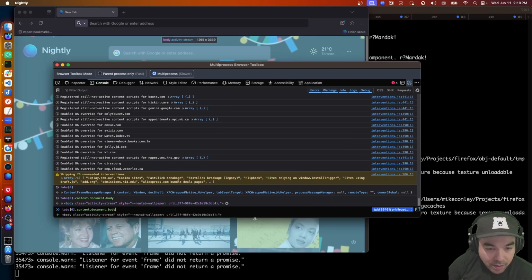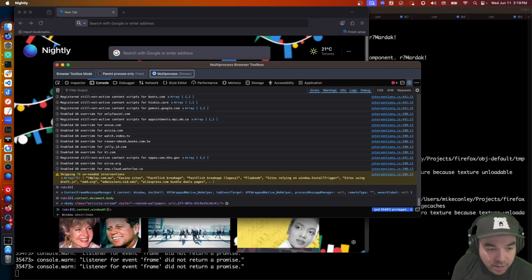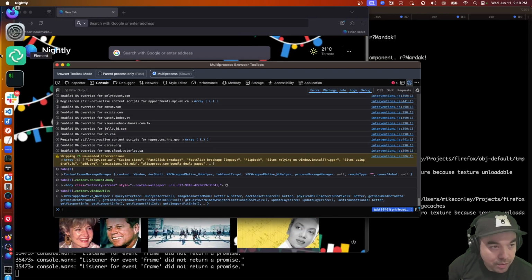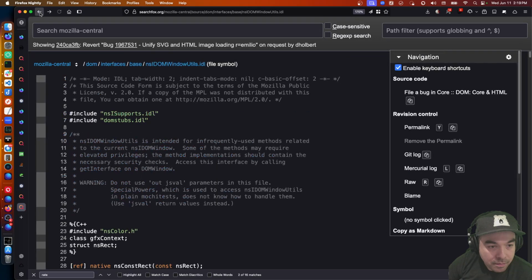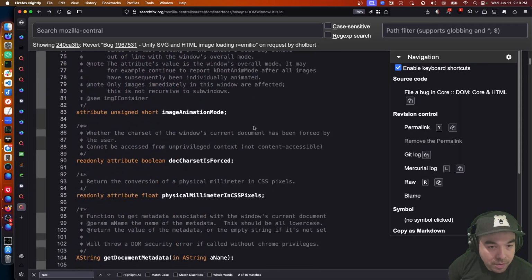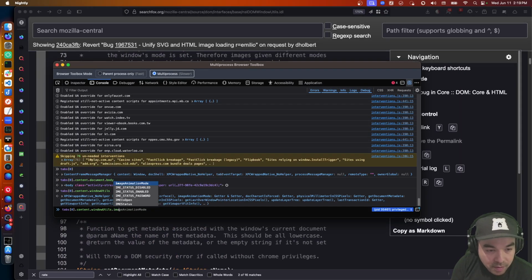That's that one. Okay, good. What I'm going to say is dot window utils. Okay, so there's your DOM window utils, and I'm going to say animation mode, image animation mode.